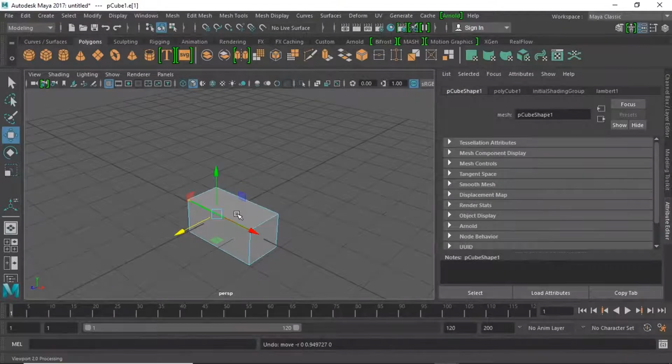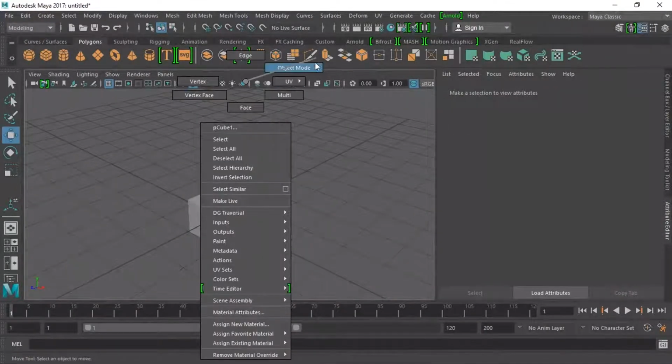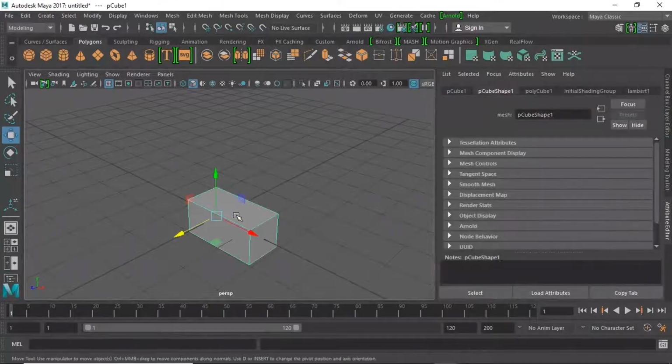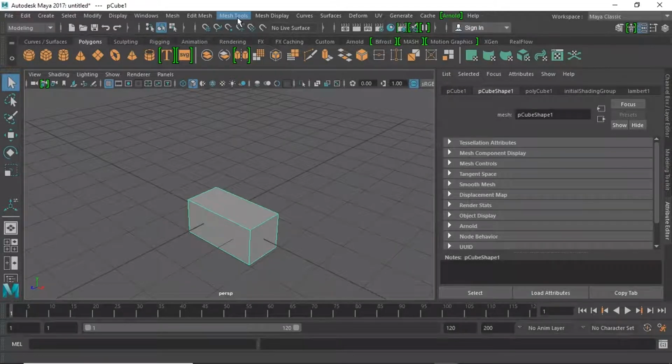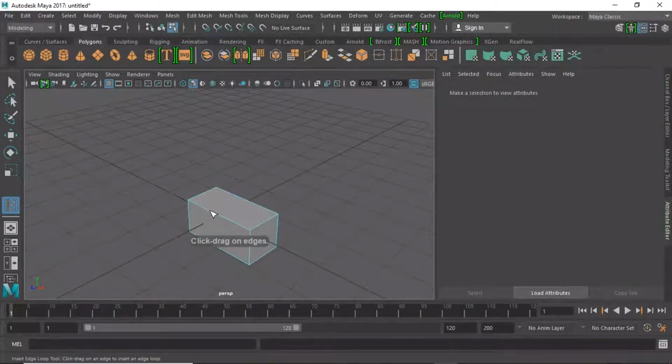Okay, let's take this back to object mode for a moment. Object mode. I'm going to put this back. So this is back to normal right now, and I don't want to make any mistake. So I'm going to go to the mesh tools, like this. Go to the mesh tools and press insert edge loop. So when you press insert edge loop,